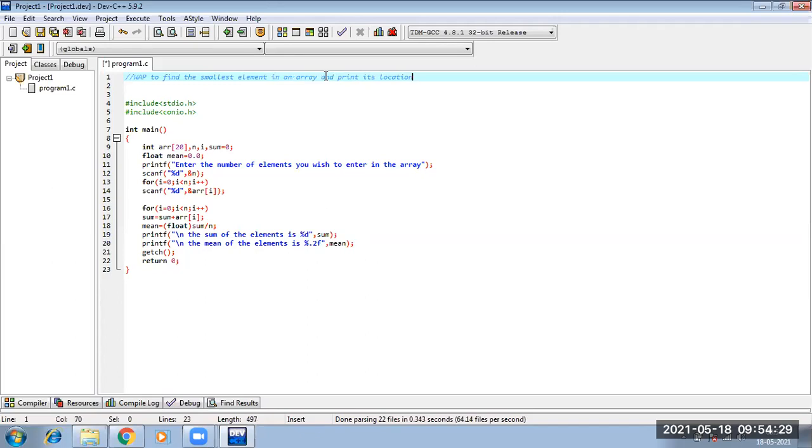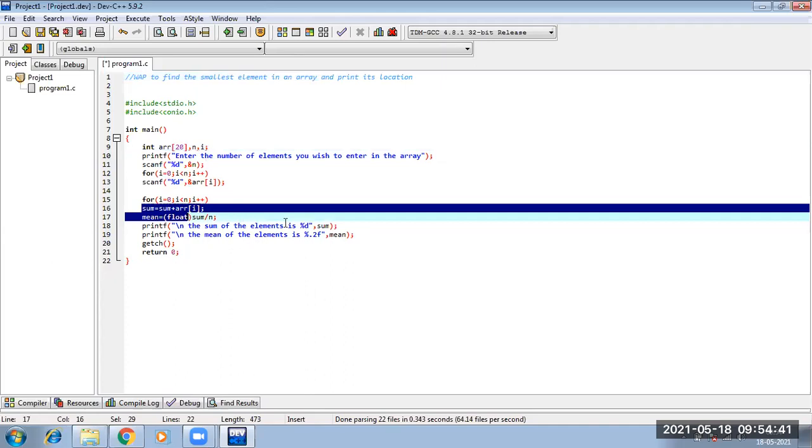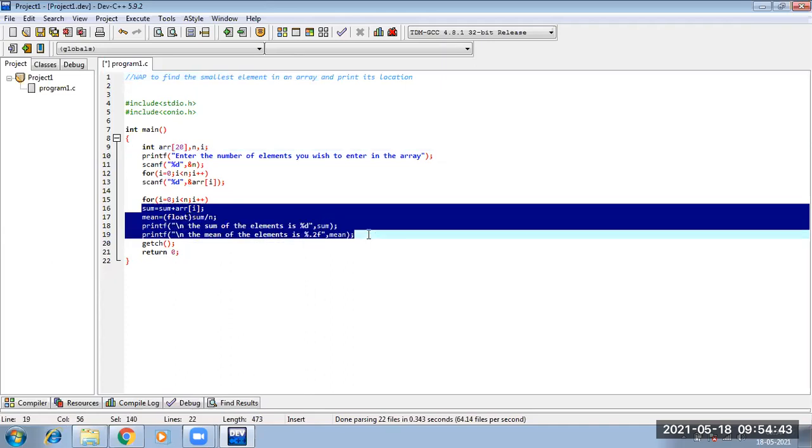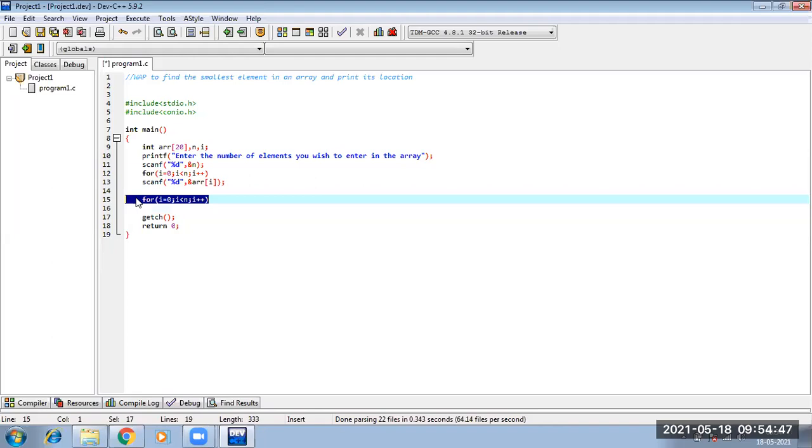First, these variables won't be needed anymore in my program, right? This logic won't be needed anymore. This thing also won't be needed anymore. So I will start with any program on an array. I will have to start with the basic thing.